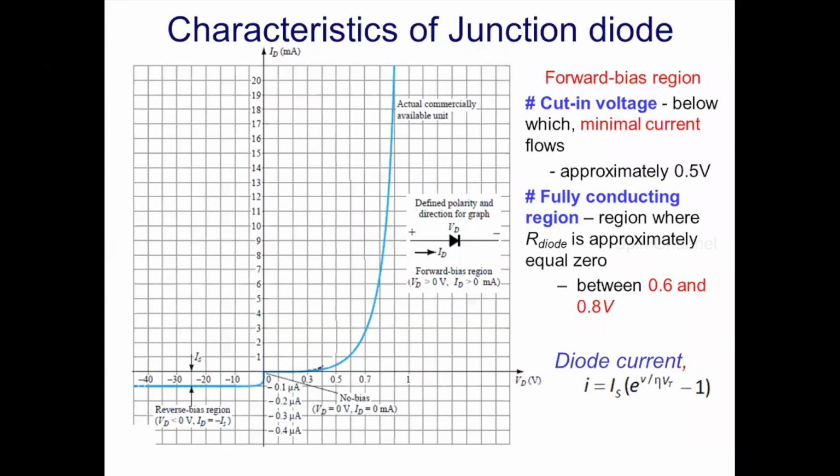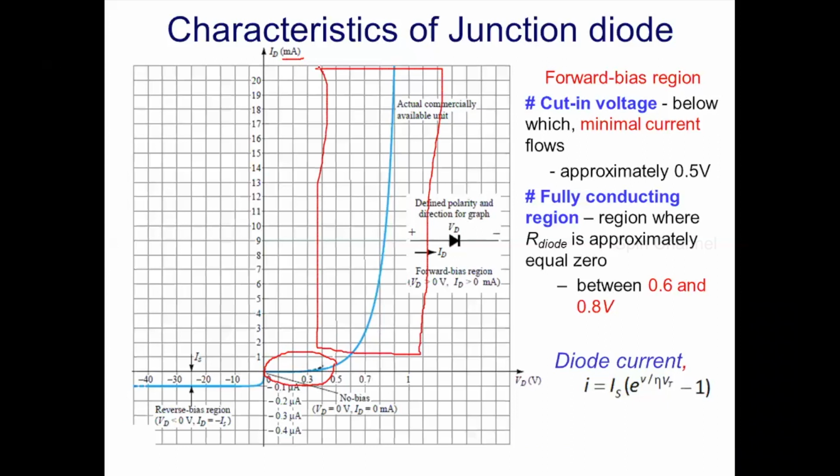If you look at the characteristics of PN junction diode, there are two distinct regions. One is forward bias region and the other is reverse bias region. Forward bias region is plotted between the forward voltage on the x-axis and forward current on the y-axis. The magnitude of the current is given in milliampere. If you observe the curve below a certain value of voltage called 0.5 volt, the current is very small here. This voltage 0.5 is referred to as cut-in voltage. After this value, the current increases exponentially. Now this region is called the fully conducting region of diode.